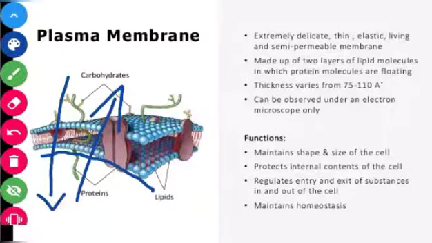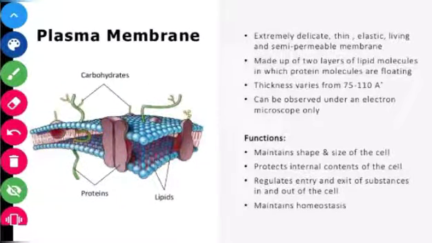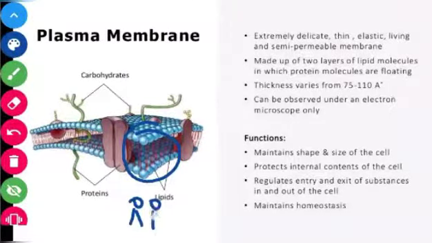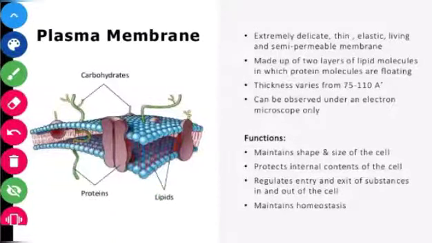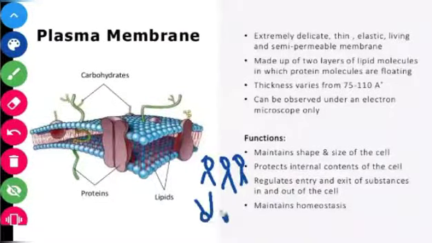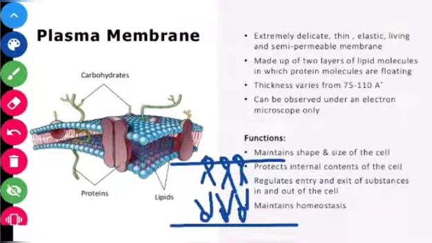This is one point of the plasma membrane, and the plasma membrane is made up of two layers of lipid molecules. You can observe here, these are the lipid molecules and two layers. This is one of the layers and this is the other layer. You can observe here the red threads, and the upper side that is blue in color. So those are the two layers.